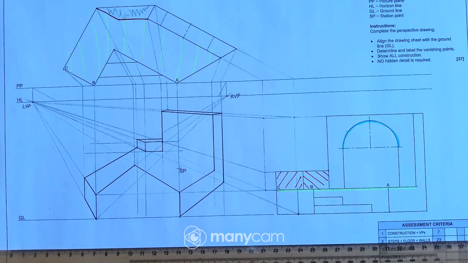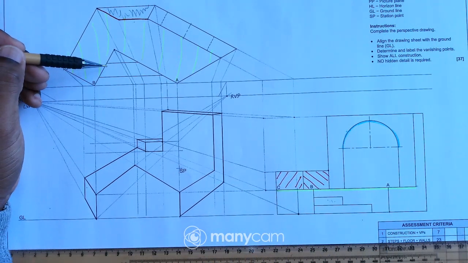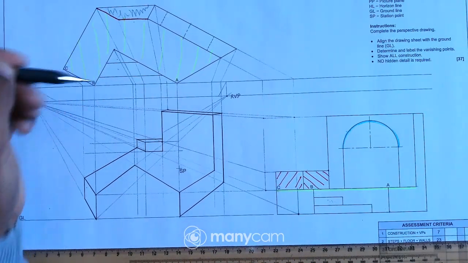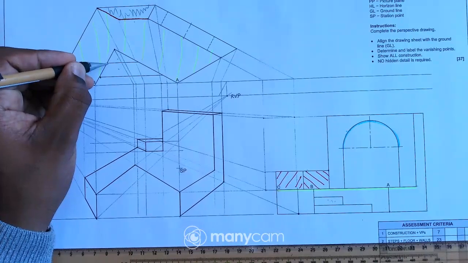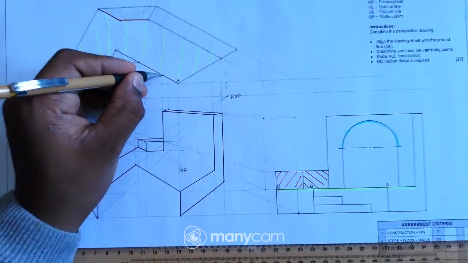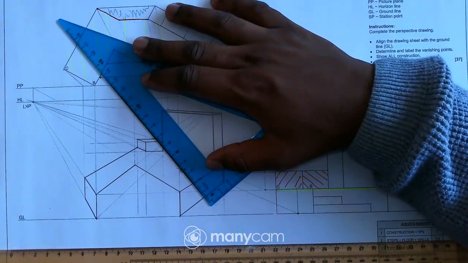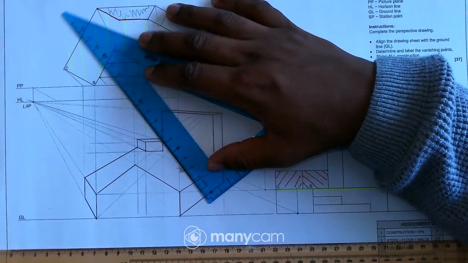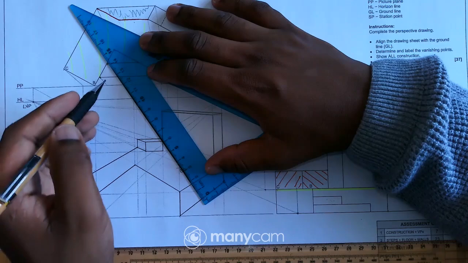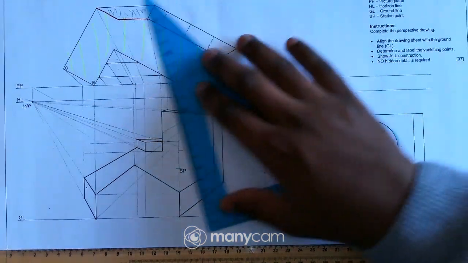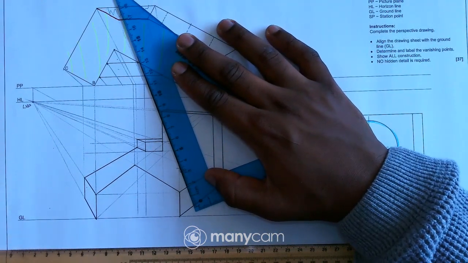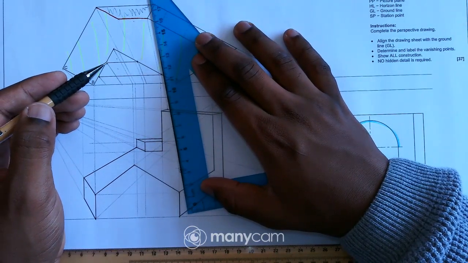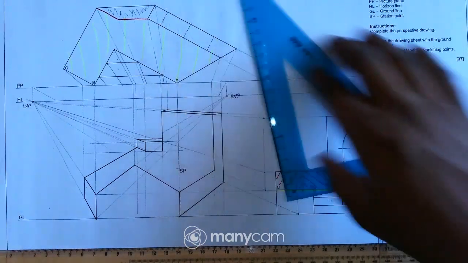section. So from the top, we do have those top surfaces there. Let me start by projecting those points to the station point. So I can project that point to the station point, and this one as well, and this one, and this last point over there, just like that.